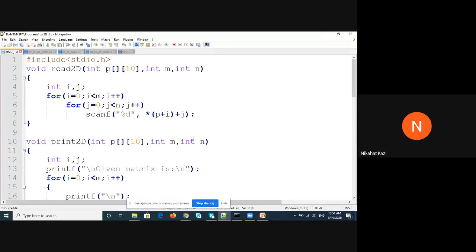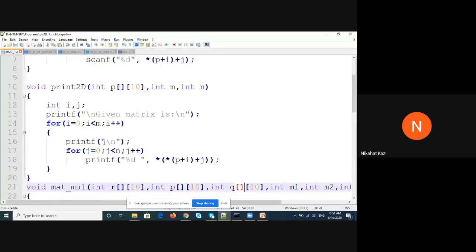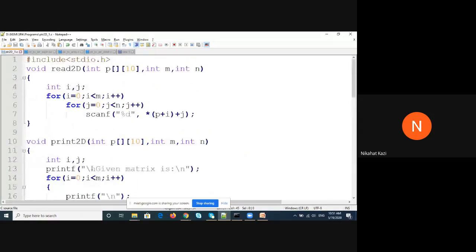Here we first have functions for reading and printing. This is the first array, this is the second array, and you need to specify the row and column dimensions. And then this is your usual scanf. When you're scanning, you are using the pointer notation now.